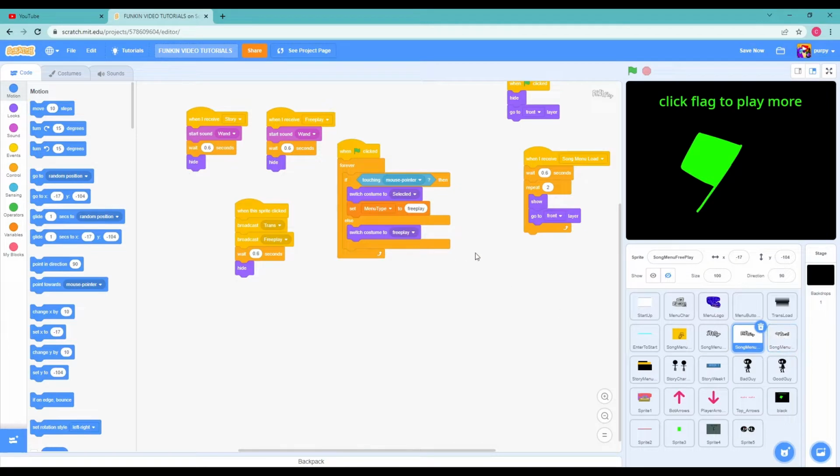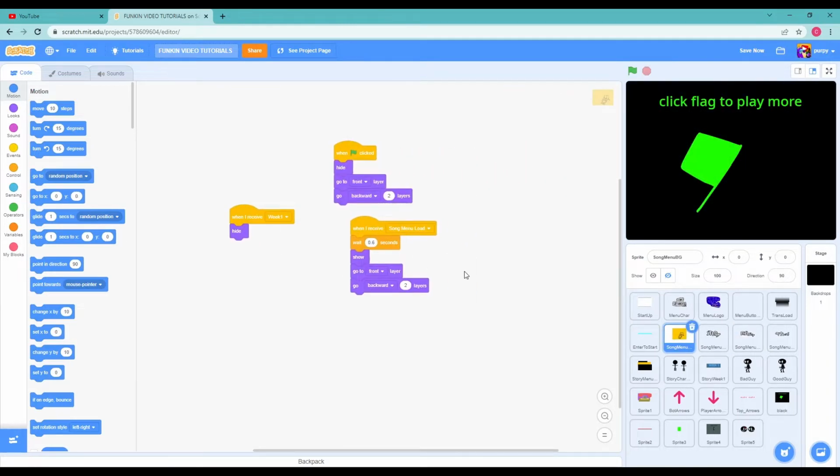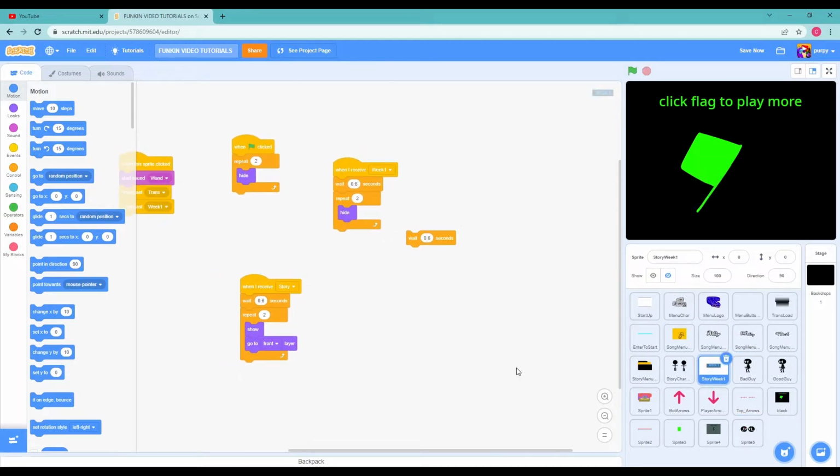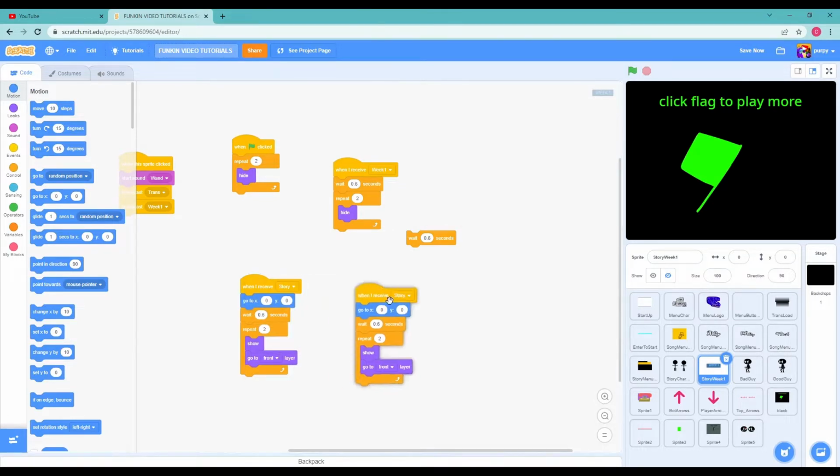And then we're gonna do, where is it? Story menu when I receive, actually no. Okay, and then we're gonna go into the story week 1. Now you see how it's at 0, 0 automatically? We're actually gonna do when I receive story, go to 0, 0. Now when I receive free play,